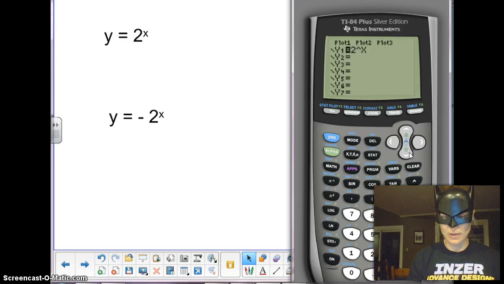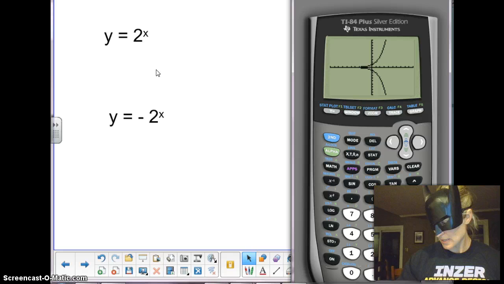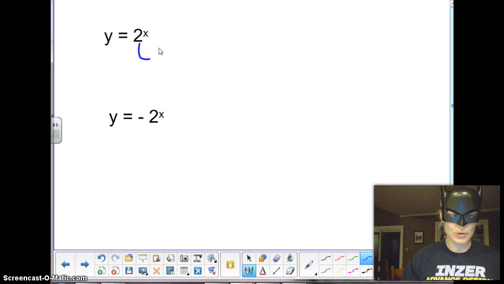Do you want to take a wild guess what will happen when we make 2 negative? It becomes, you got it, a decreasing function. So here again, we can say when this, and this is called your base number, is positive,